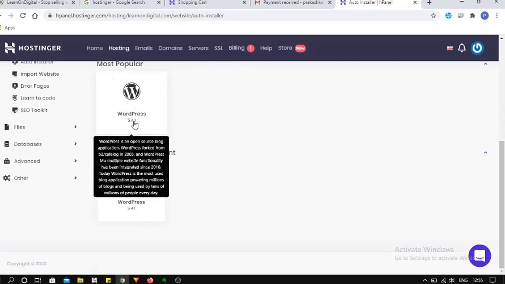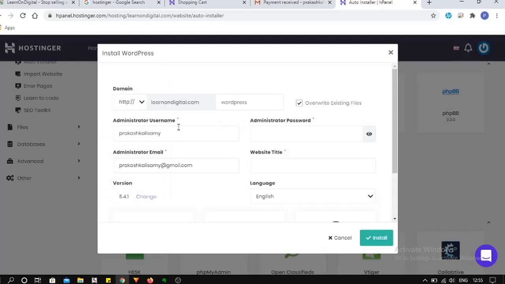WordPress 5.4.1 version is right now available. So click on that option and you can download it by entering your details like your administration password and your website title. Whatever administration password you can remember, you can type it. And my website title is Learn on Digital.